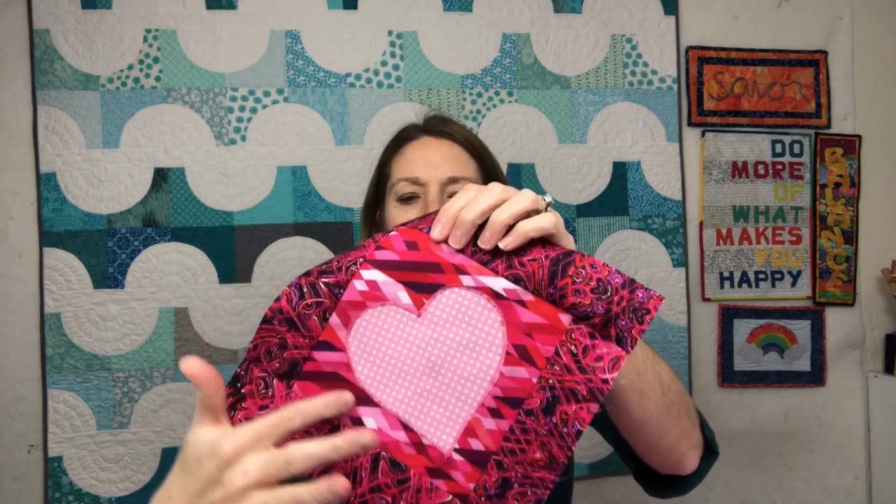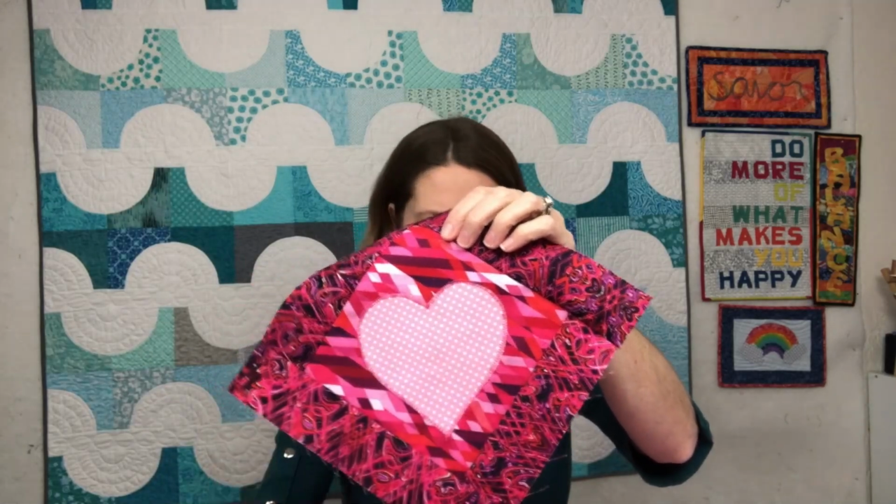I've got my blocks all appliqued. You can see I've got a cute little zigzag stitch around each of my hearts. And now it's time to assemble our table runner top. So once you've got your square cut into quarters, we're going to lay it out. I'm going to grab the 3 blocks that are on the diagonal